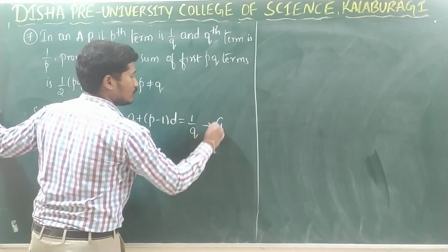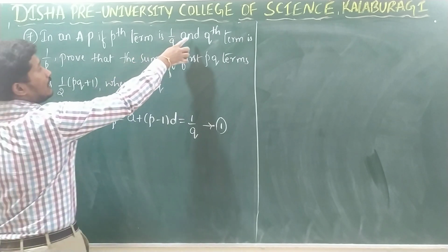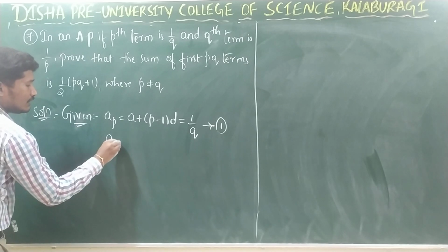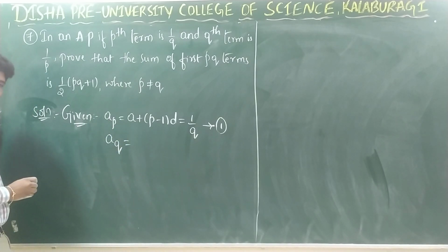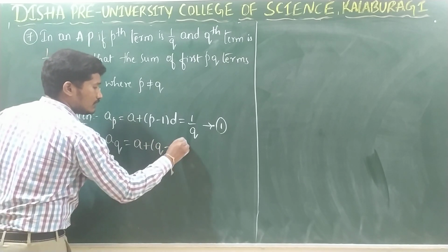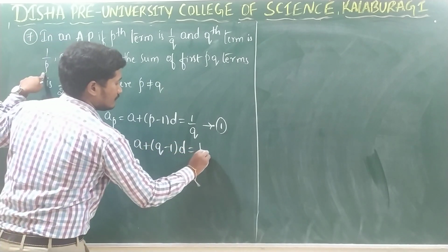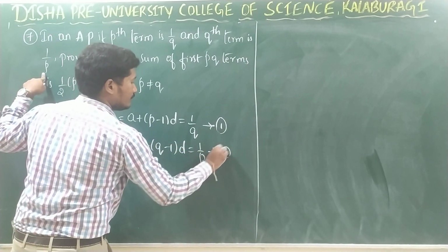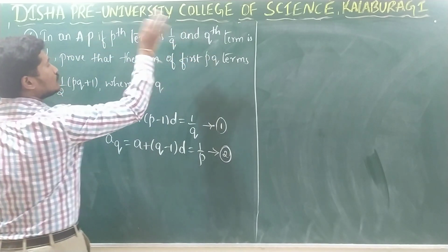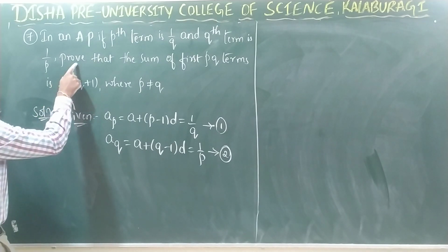Let us take this as equation 1. Right? Next. And qth term is 1 by p. We are given the qth term. So aq is equal to a plus q minus 1 into d is equal to 1 divided by p. Right? Let us take this as equation 2. So here we are given pth term and the qth term of the arithmetic progression. What we have to do? Prove that